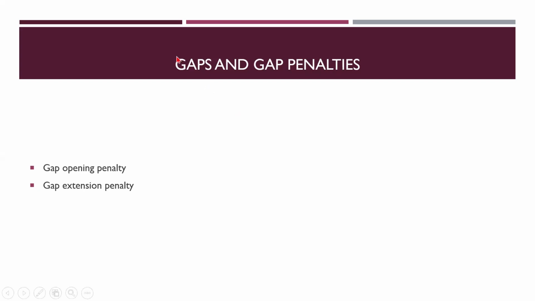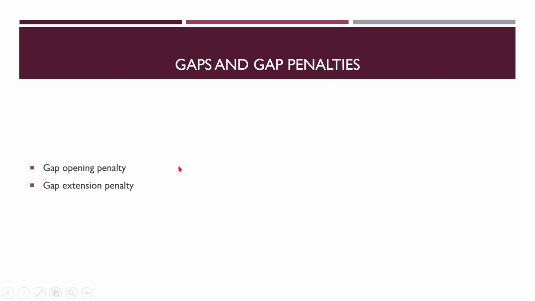So here what I'm saying is, when you introduce gaps while carrying out the alignment, you also need to introduce gap penalties in the scoring scheme which is used in the alignment process. There are two different gap penalties: gap opening penalty and gap extension penalty. What is this gap opening penalty? If there is no gap in the alignment, and while carrying out the alignment you are newly introducing a gap,